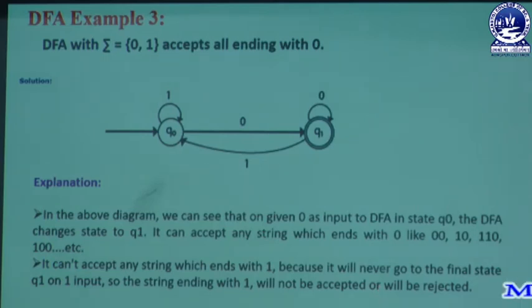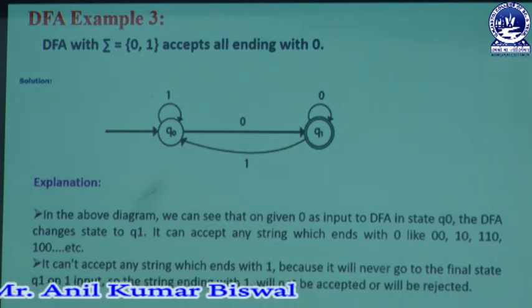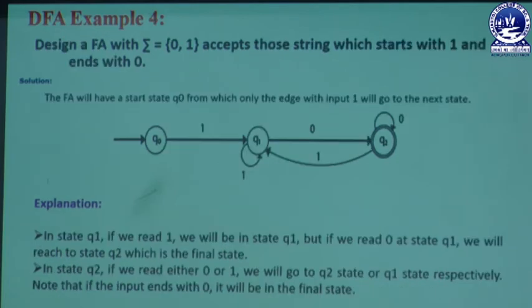Whenever the user provides a string that ends with 1, it may be accepted or rejected according to the requirement, because the question states that every string must end with 0. If the string does not end with 0, then it is not accepted in our transition diagram. So it must be rejected, because the corresponding output is never created in that diagram. That's why it is rejected according to the requirement. Next we are going to discuss the different terms related to our diagram.